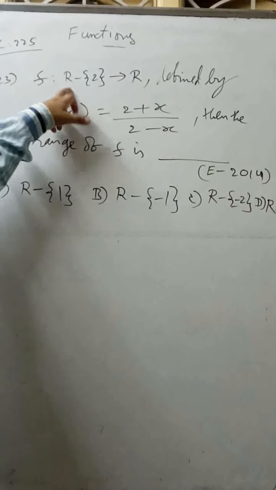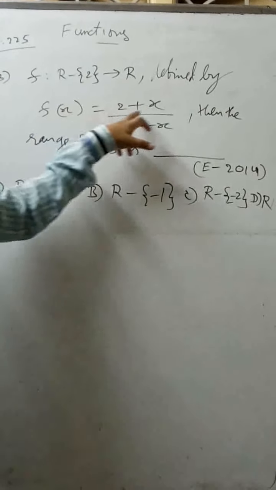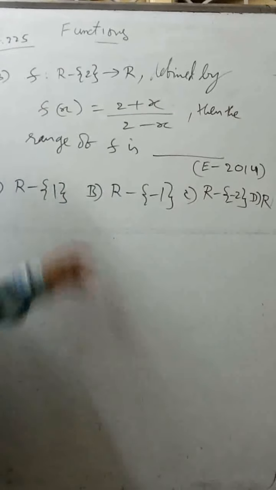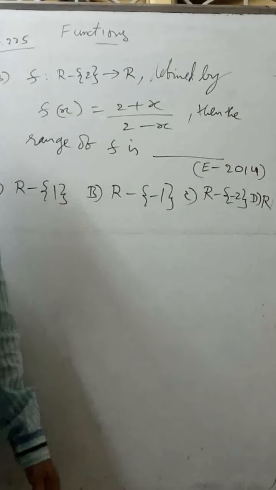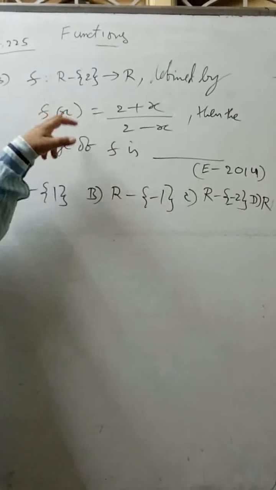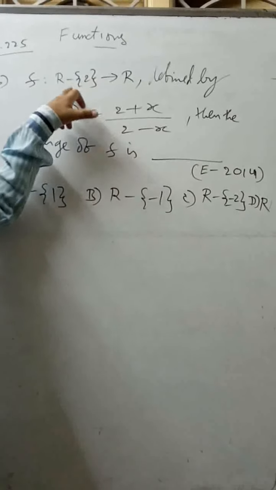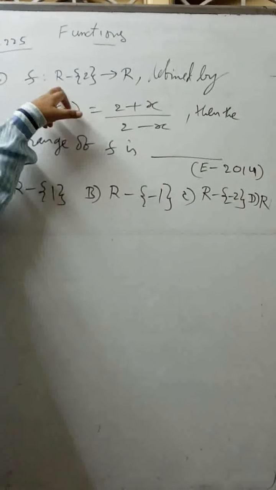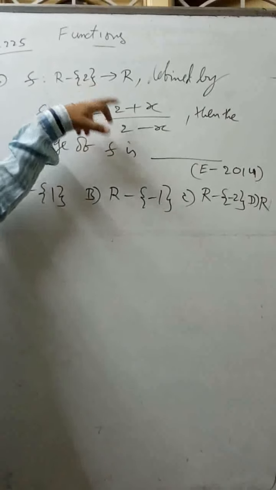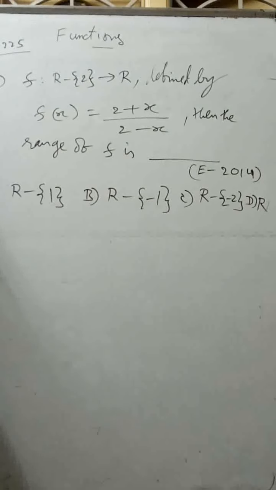F is a mapping from R minus 2 to R defined by the function f of x equal to 2 plus x by 2 minus x. Then the range of f is. This is one way of finding the range. Here he is giving f of x is a mapping from R to R, but the denominator cannot be 0, that's why he is giving R minus 2. Domain is R minus 2. So when it is from R to R, I told you to find the